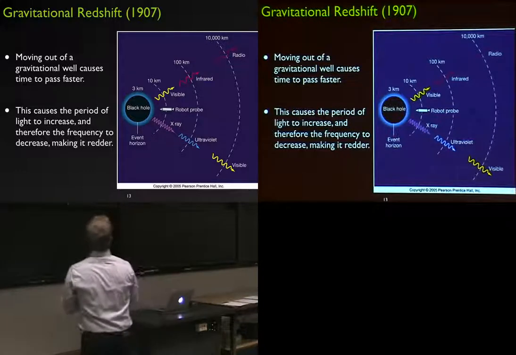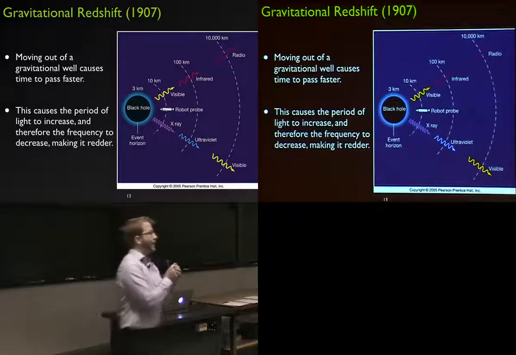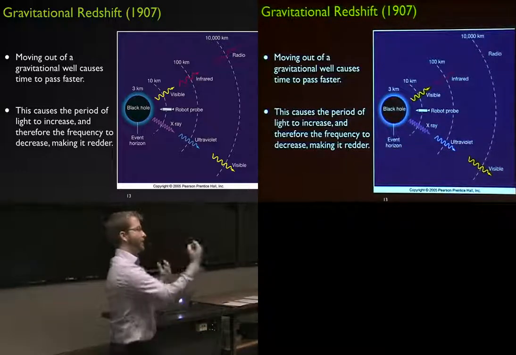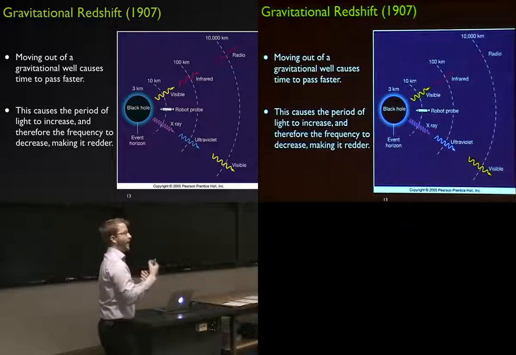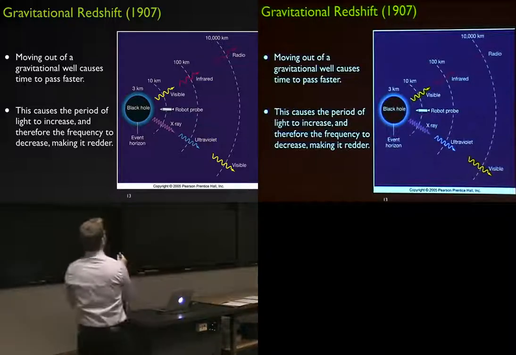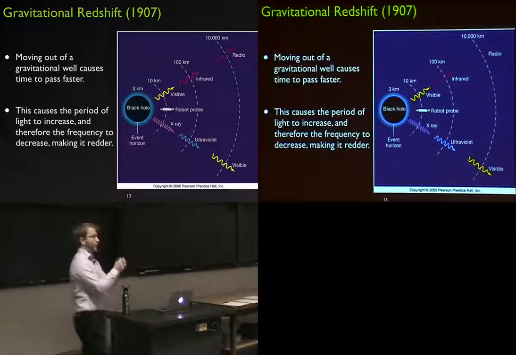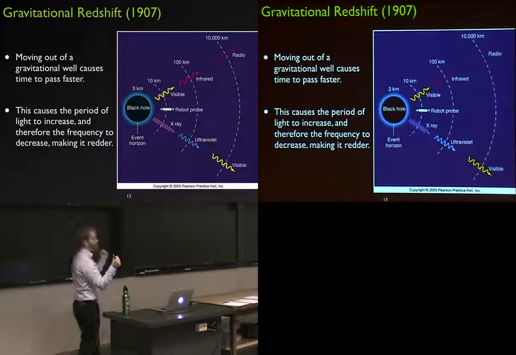So as you move out of that potential well, remember, stronger gravitational fields slow down your clock. As you move out of that deep gravitational potential, if you're traveling off the Earth, for example, your clock starts to tick faster and faster. And so when you look at a light wave, that period changes, and it causes the frequency of that wave to look like it's getting lower. To look like the wavelength is getting longer. The period of that wave is getting longer.